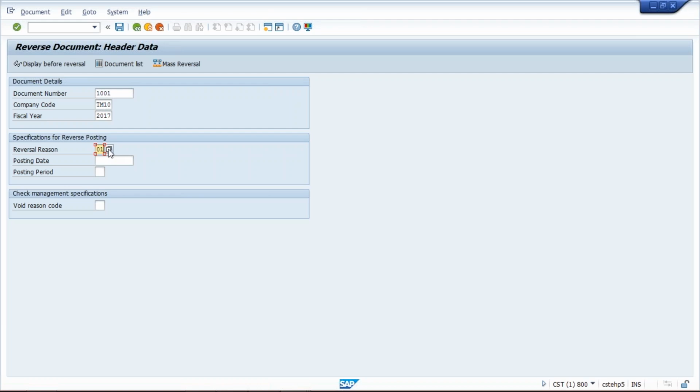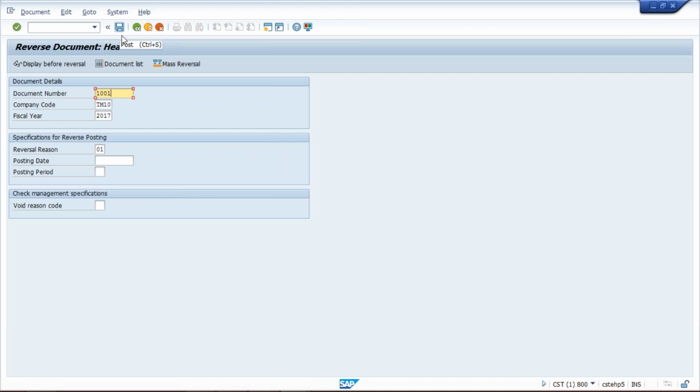The company code and fiscal year are already taken by SAP automatically. Then you need to click here, Post. So we give the document number and reversal reason 01, meaning the reversal is going to happen in the current period. And if you post here,